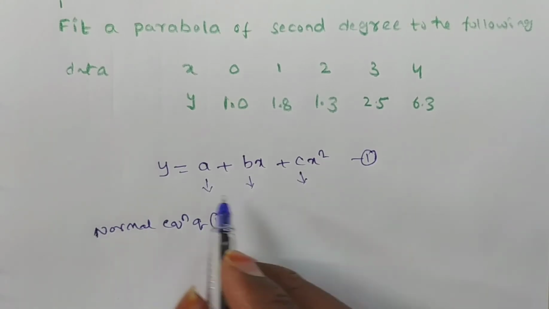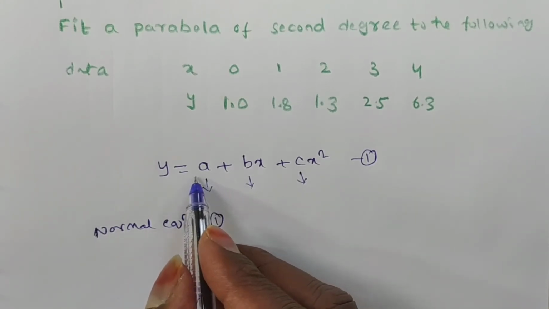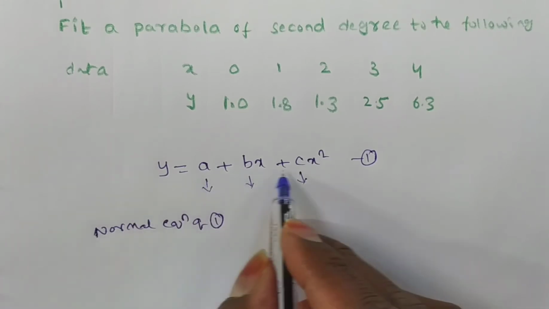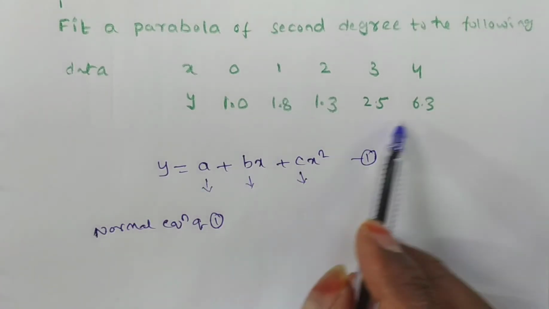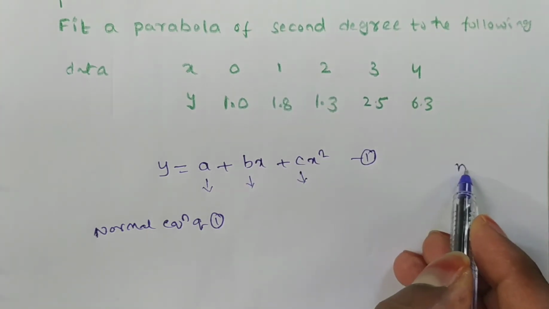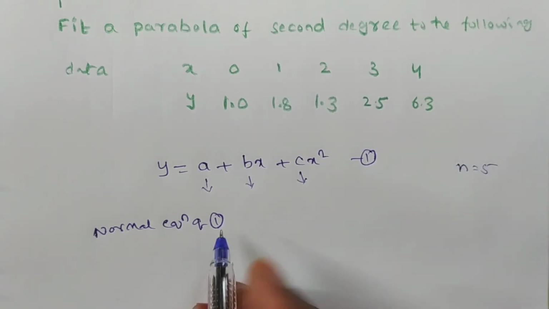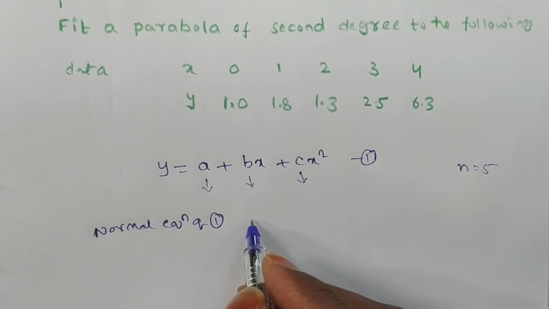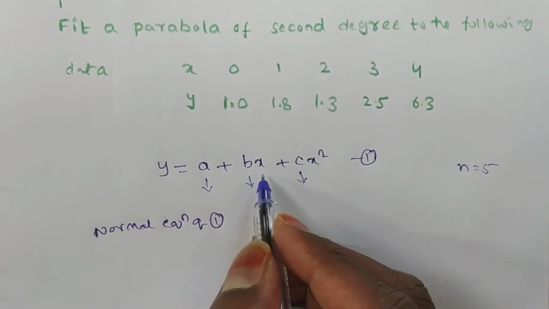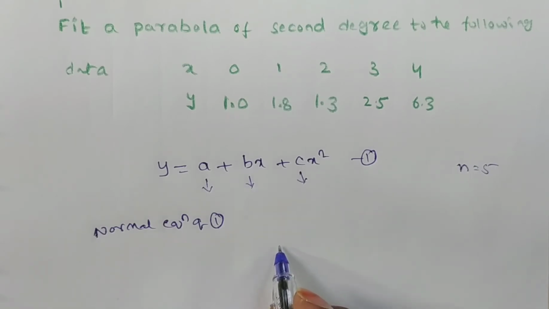Okay, what is the a coefficient here? The a coefficient is 1, so we have to multiply with 1 and add the summation for that. Here, how many observations are there? You see 1, 2, 3, 4, 5, so n is equal to 5. So what are the normal equations we have? We just have to multiply with the a coefficient, b coefficient, c coefficient, then in total you will have 3